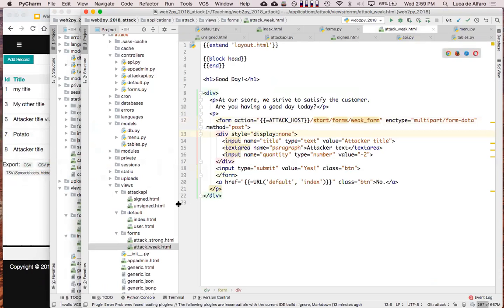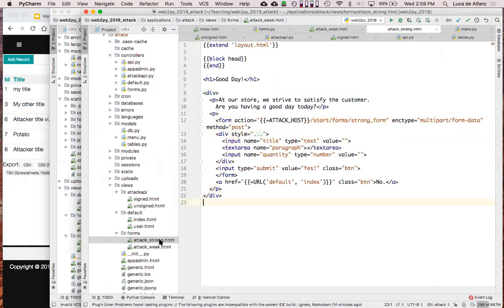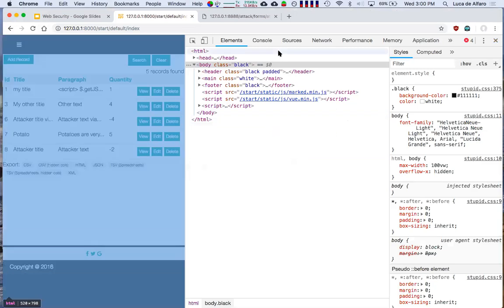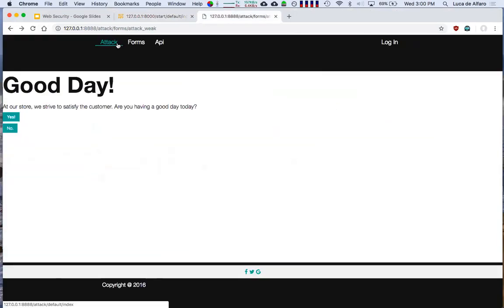So now, I also have an attack strong, which just attacks the strong form, right? And we can see how that works. If I try to attack in the same way the strong site, what happens is this. So I go to attack strong. It still asks me whether I'm having a nice day or not. And if I say yes,